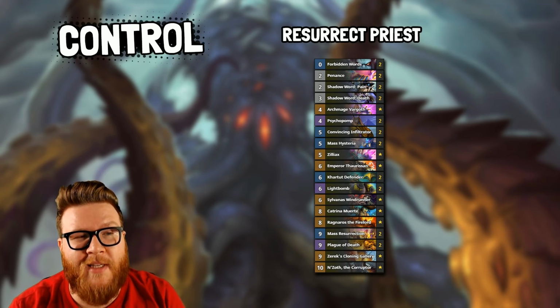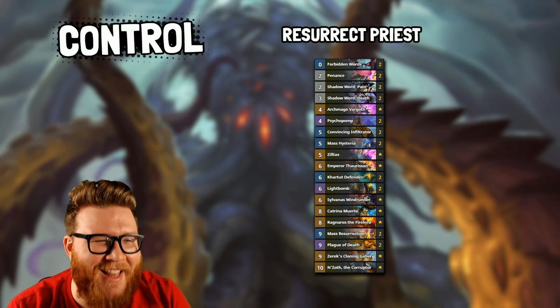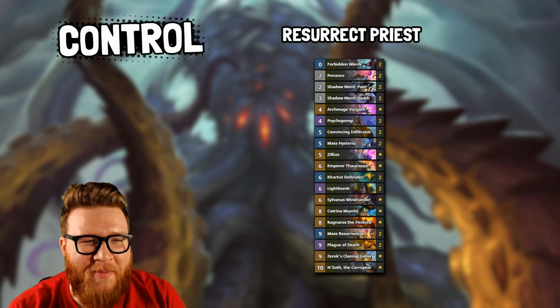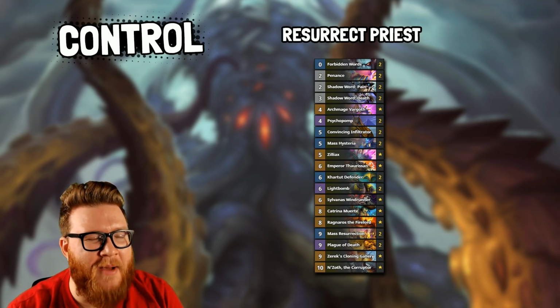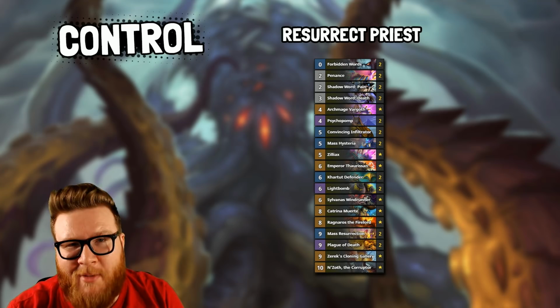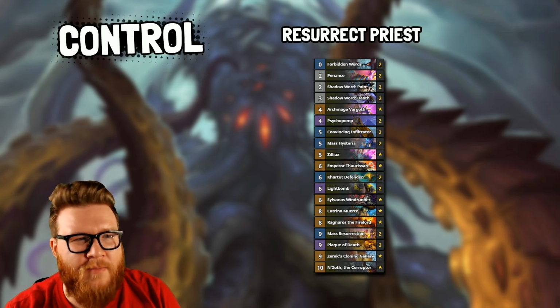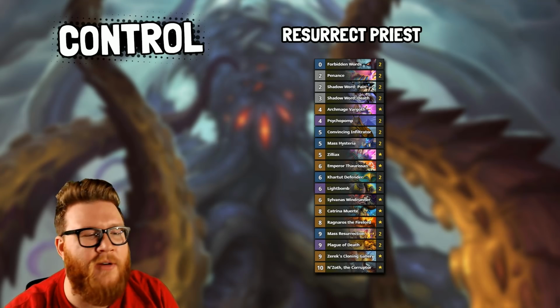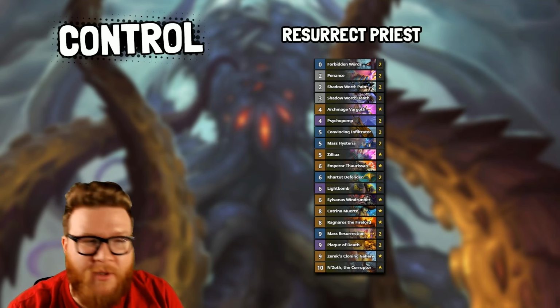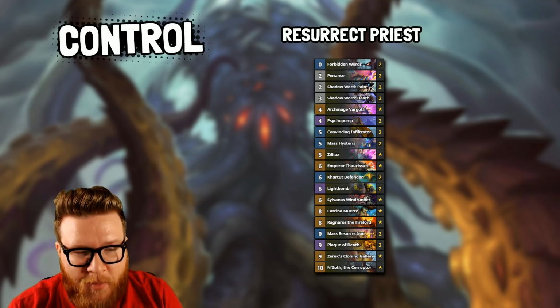And you'll note the curve on this deck is just obscenely high. It doesn't do almost anything until turn 4 or 5. Very few early game plays, but it can swing the game so hard at turn 4 or 5 with a lot of stabilization tools, removals like Mass Hysteria and Light Bomb, just big kind of healing taunt cards like Ziliax, Karta Defender,